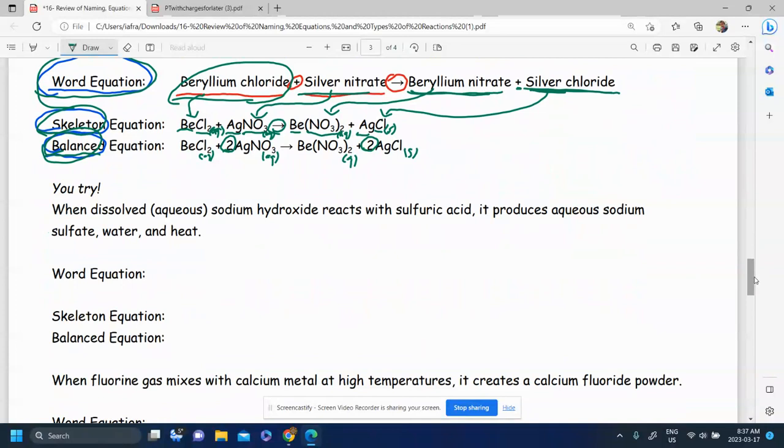When dissolved, aqueous sodium hydroxide reacts with sulfuric acid. It produces aqueous sodium sulfate, water, and heat. So we'll start off by writing a word equation. So we have sodium hydroxide reacting with sulfuric acid. We don't put any states in the word equation. Sodium hydroxide reacts with sulfuric acid